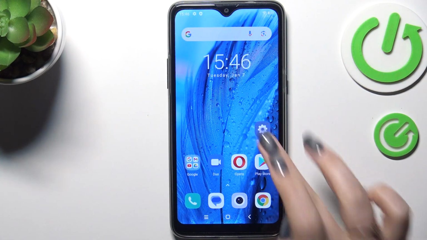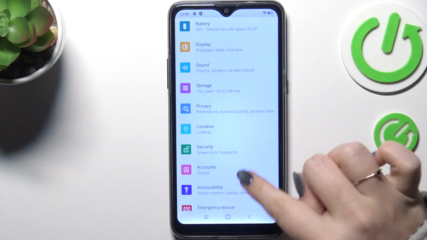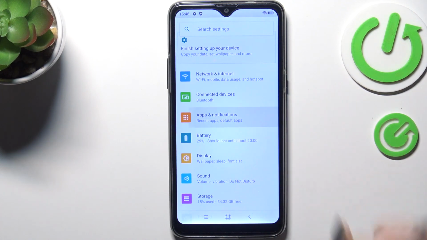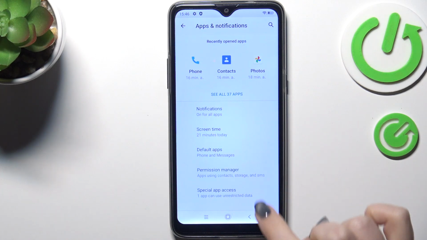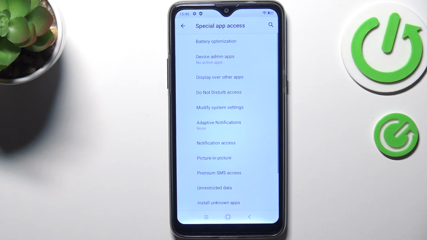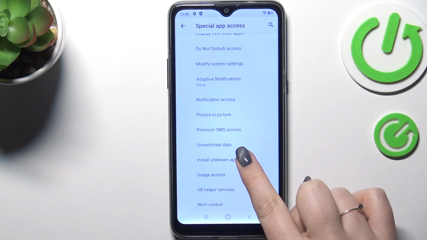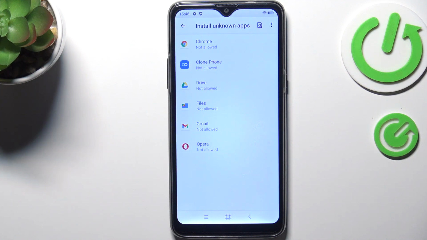So let's start with opening the settings, and here we have to scroll down to find the apps and notifications. Then let's tap on Advanced and enter Special App Access. Here we have to localize this option, install unknown apps, and as you can see here we've got the list